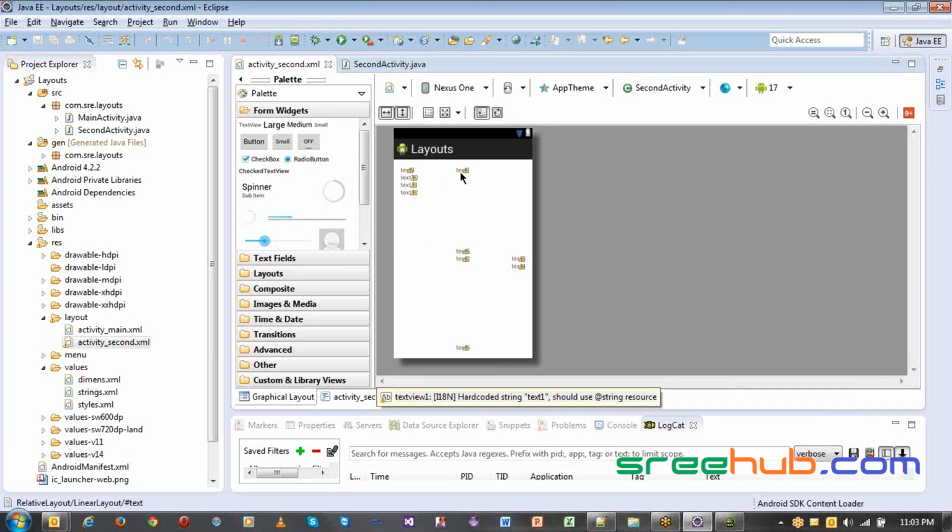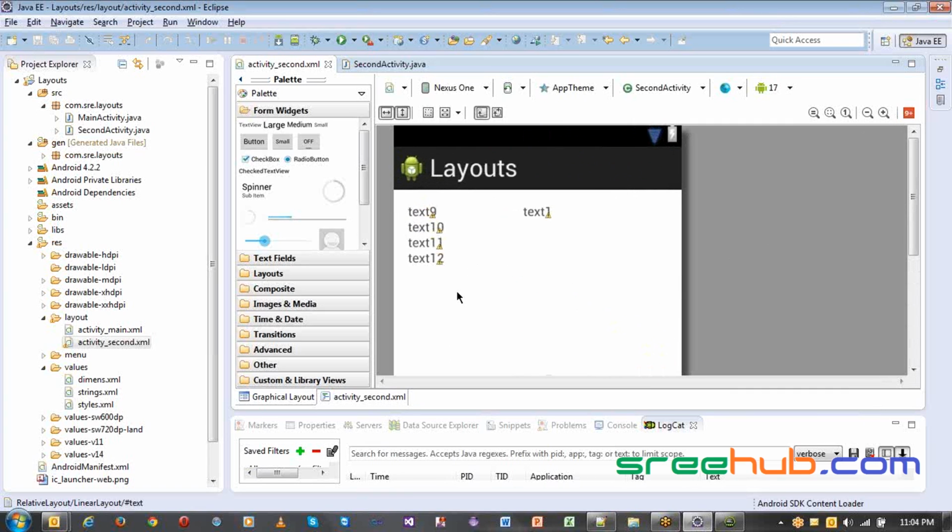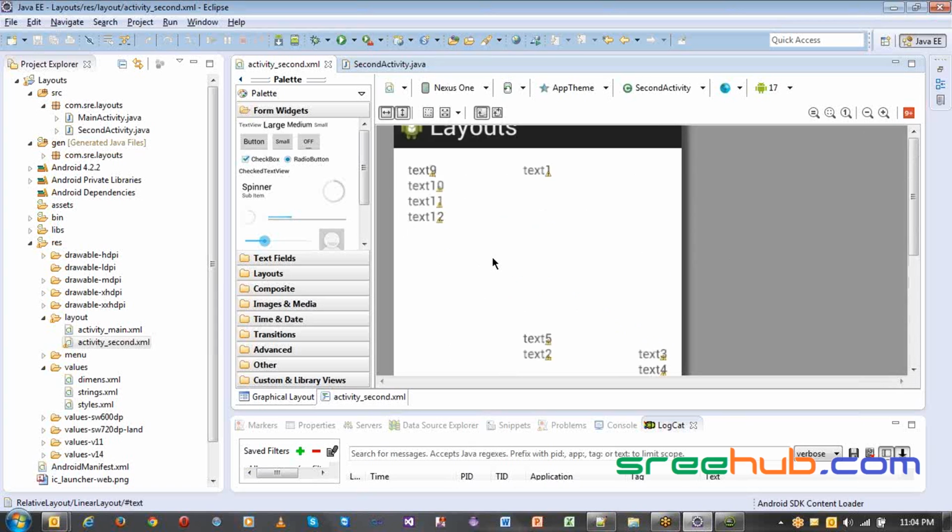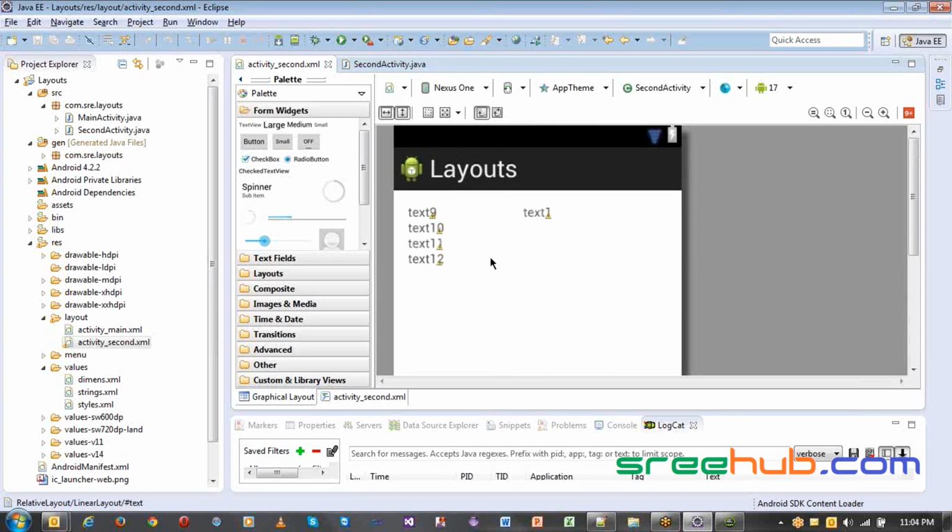So you don't have to worry more about layouts. I'm not saying that you completely leave it, but yes, you have to understand how it is getting arranged with respect to other controls, right? But basically, if you drag and drop your controls, even in my real time work, I won't be using much of relative layout by hand. I will be using it, but my Android Eclipse will be helping me place the control exactly with respect to some other control. That's enough. You can focus more on the actual functionality of the app. And anyways, look and feel is also important, right? That's how it is. Actually, if you are working for an organization,